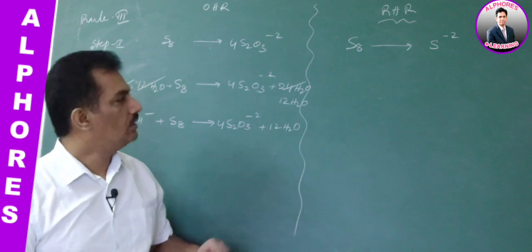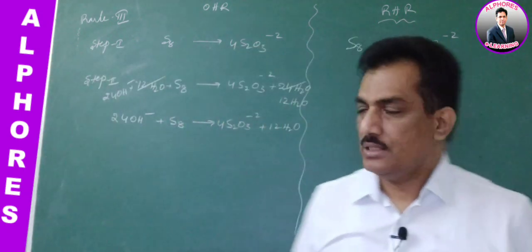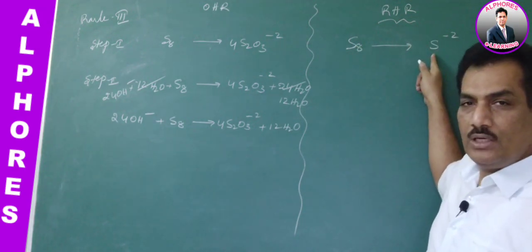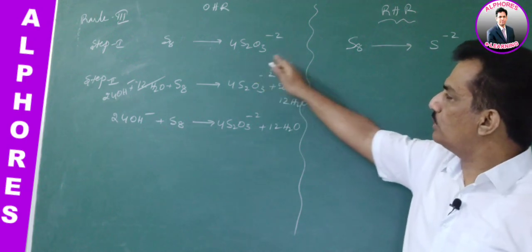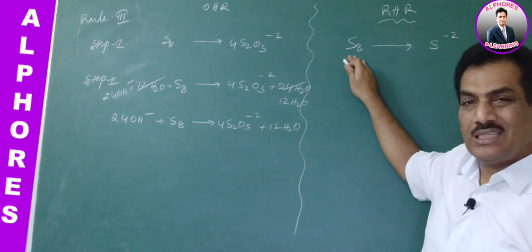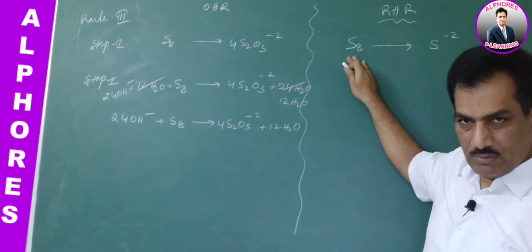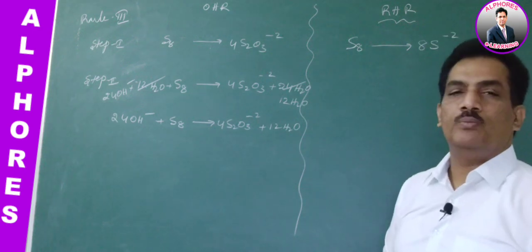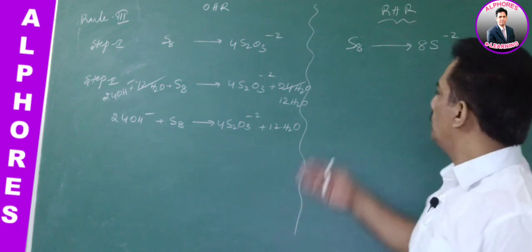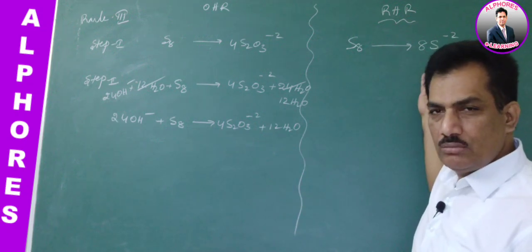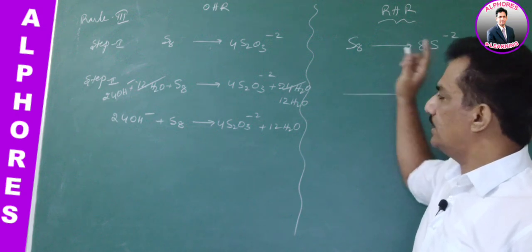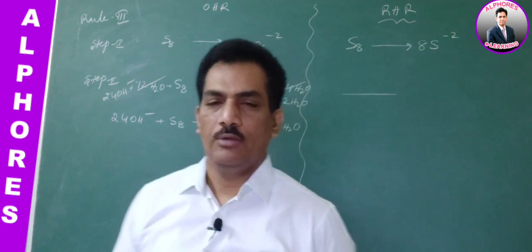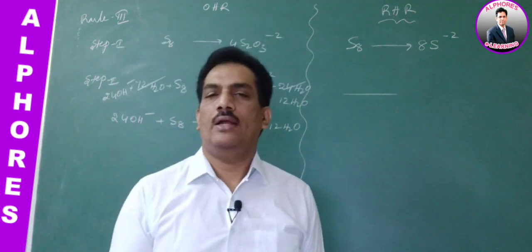Clear? Now coming to this, in this case the atoms are 8 sulfur, but this side only 1 sulfur. So first of all we have to follow step 1, where the atoms other than oxygen and hydrogen have to be balanced first. Now let us balance by writing 8. And now step 2, balance oxygen and hydrogen. Is there any oxygen? Is there any hydrogen? No. That's why we need not use the second step. When at least one oxygen or one hydrogen is present in the reaction, only then can we go for balancing that hydrogen or oxygen.